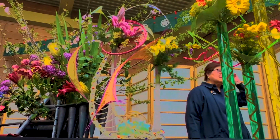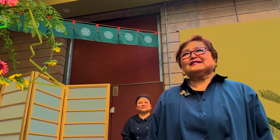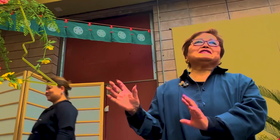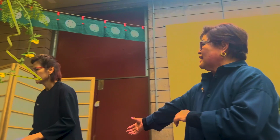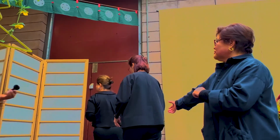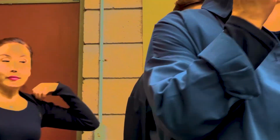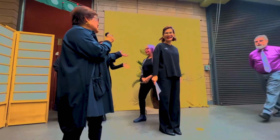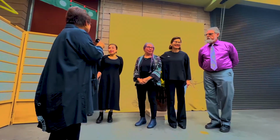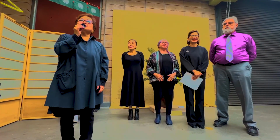Okay, so here's my finished arrangement. Thank you very much. And this is again a Sogetsu Ikebana family arrangement. And I'd like to again introduce you: Judy, Ron, Yasmin, June, Jen, and Cindy, and myself, Kika Shibata. Thank you very much for having